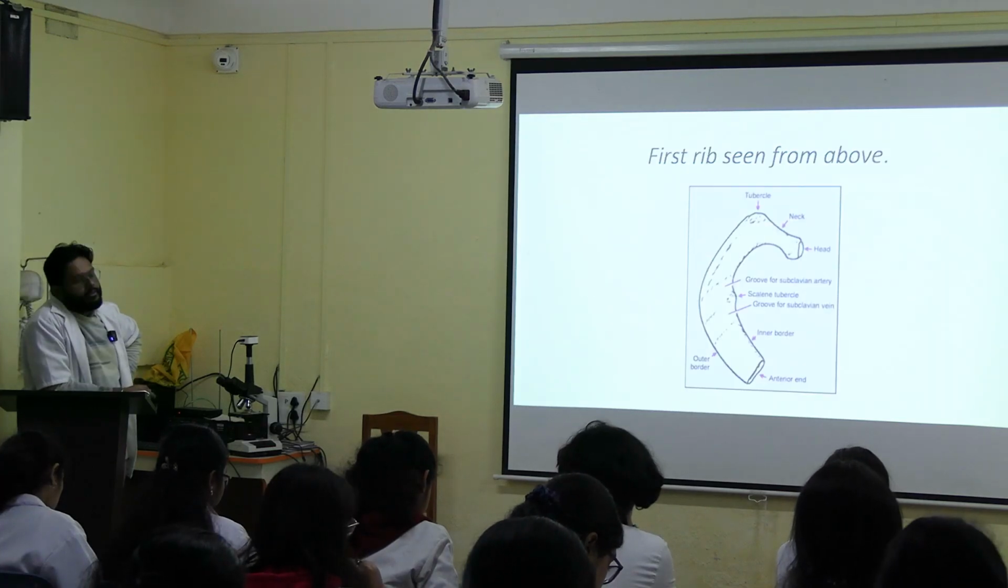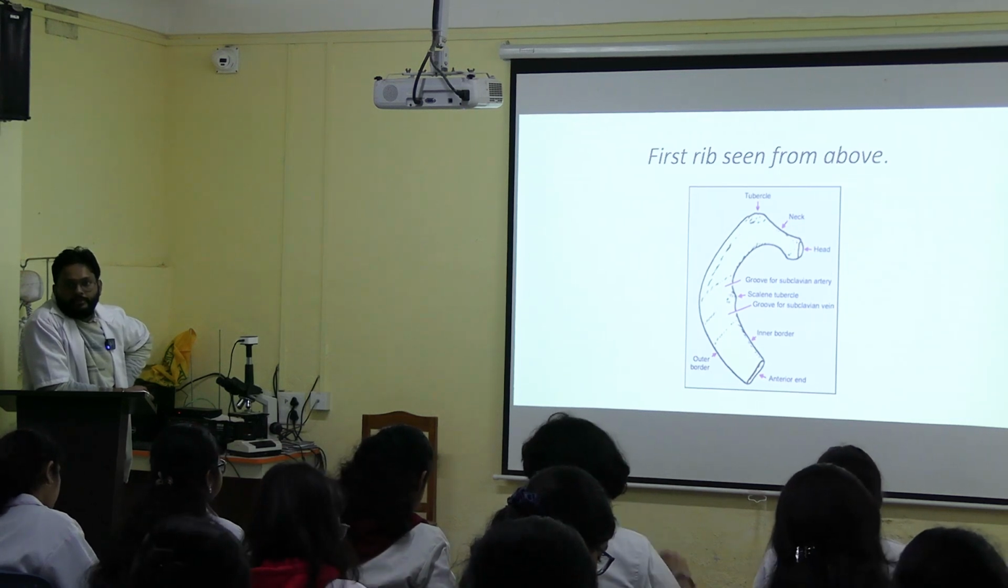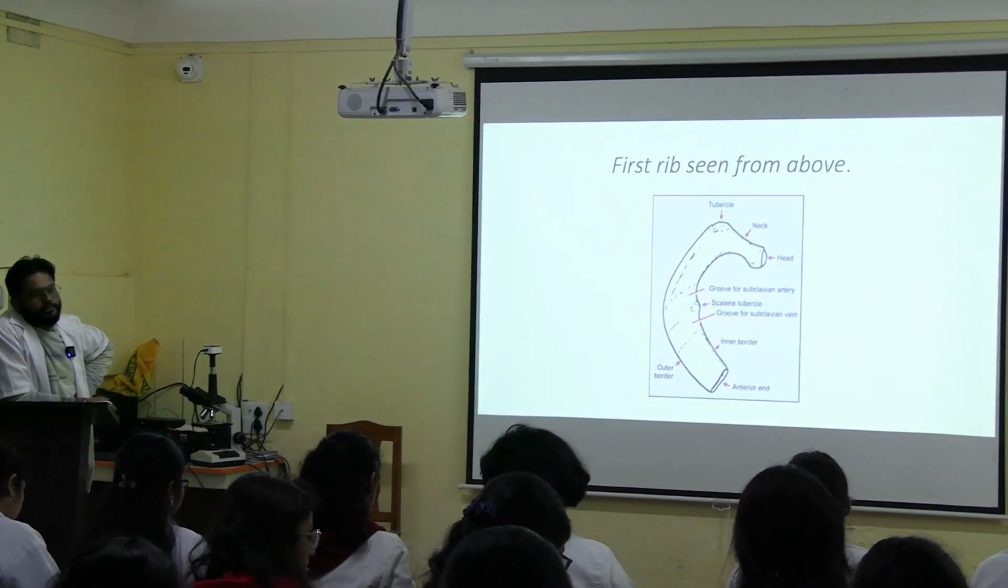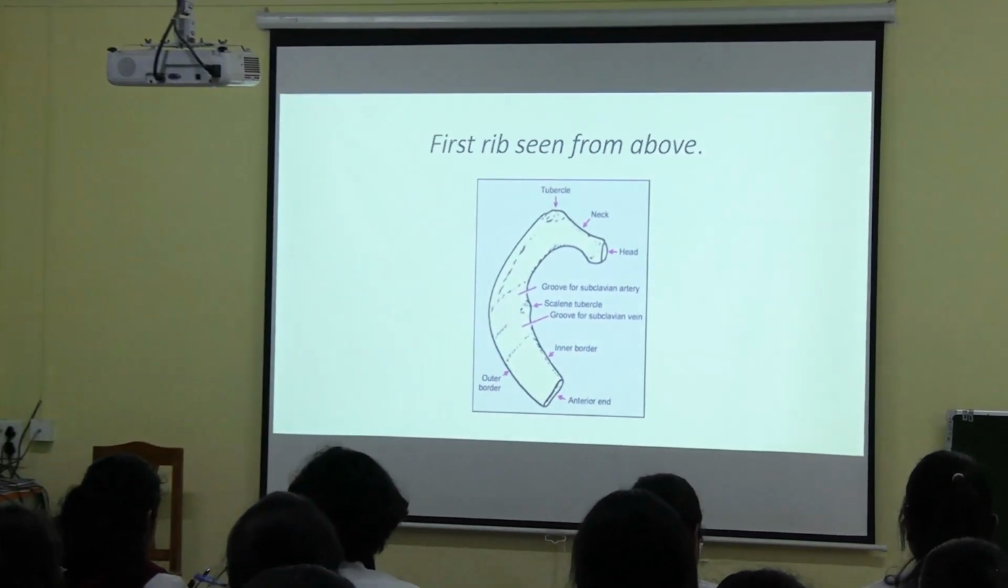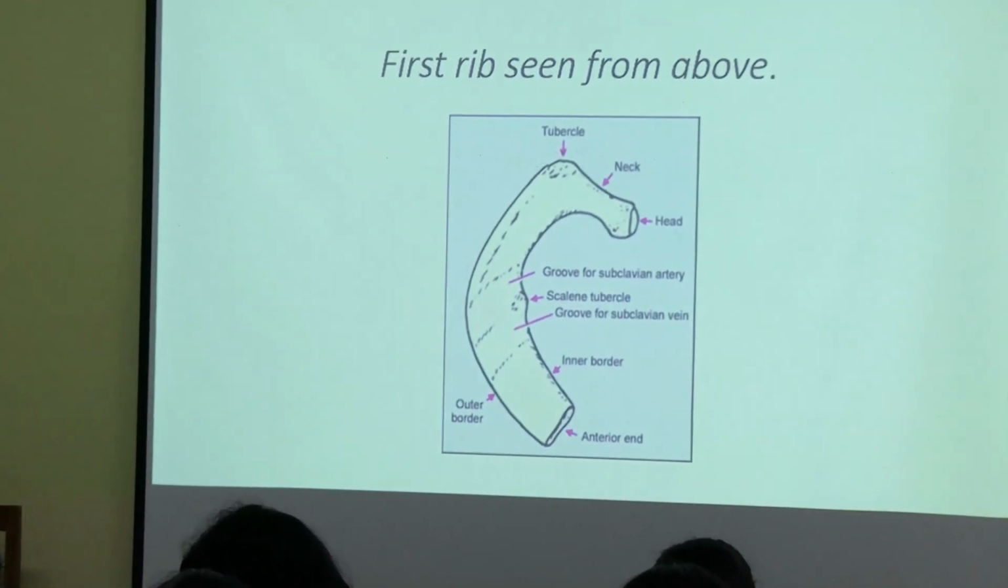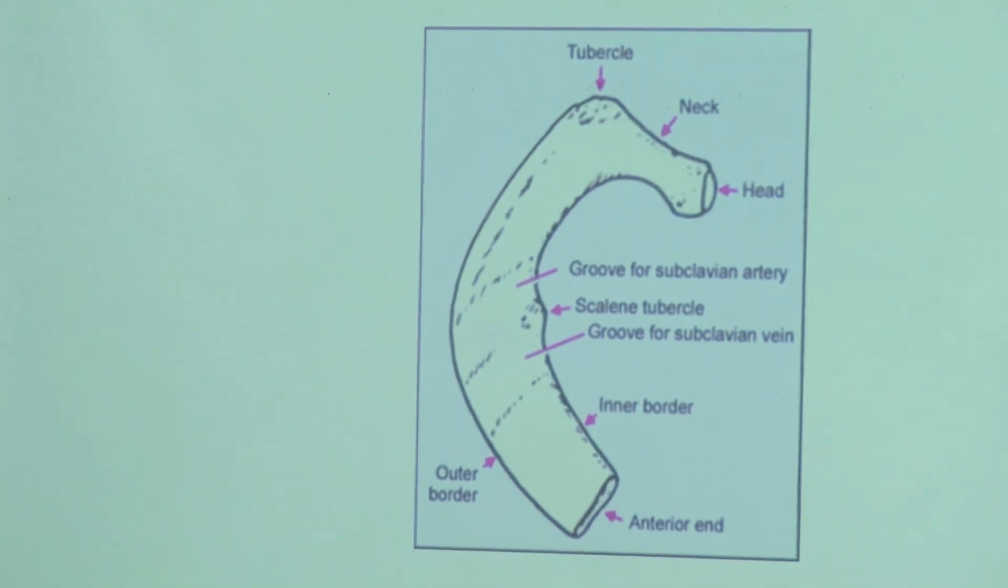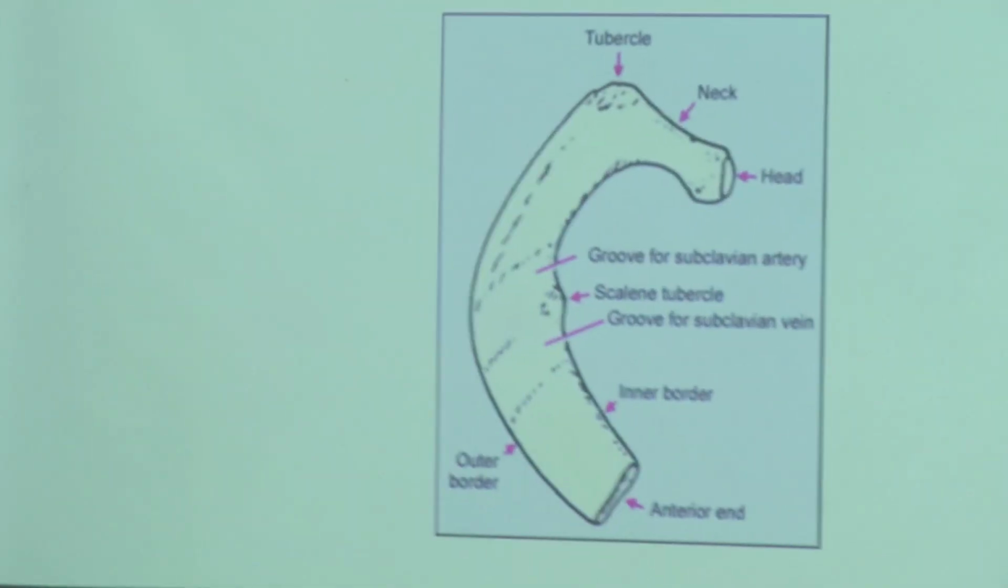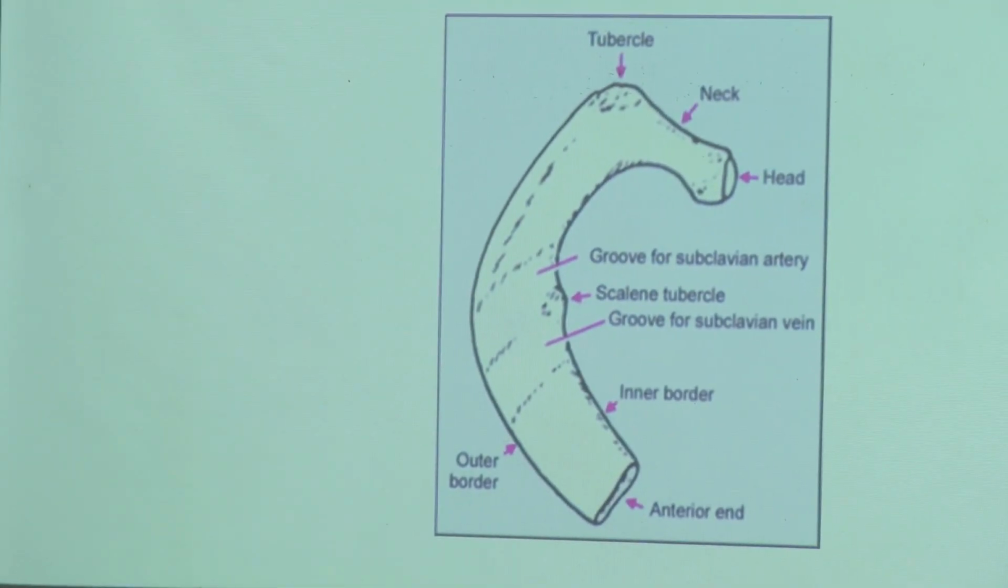Now look at this picture. Make a freehand diagram of this one. If you know this picture, you will be able to correlate with the bone. Exactly what you see is also on the bone. There is nothing significant in the inferior surface. That is smooth only. So you have to know how it looks